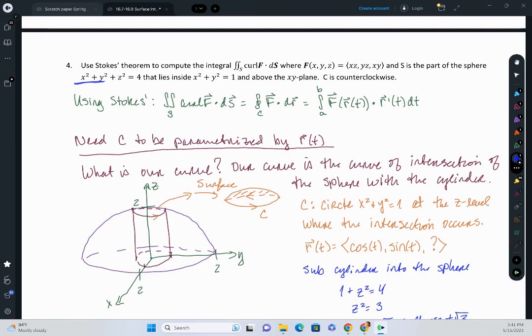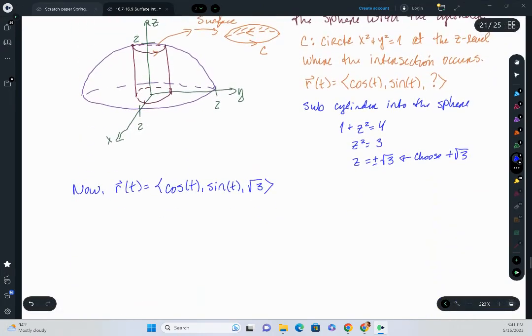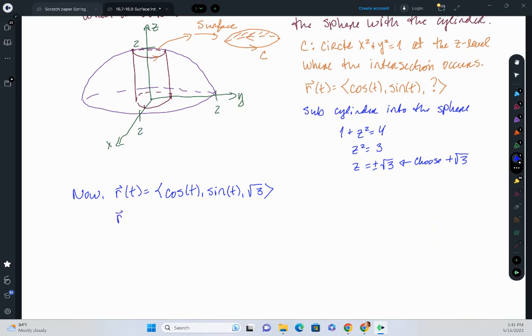Okay, it looks like we need r prime of t, and then we need our vector field to be parametrized. Like we're going to substitute our parametrization in. So let's find r prime of t first. R prime of t will be negative sine of t, positive cosine of t, and 0. Our vector function evaluated at r of t will be, let's see,